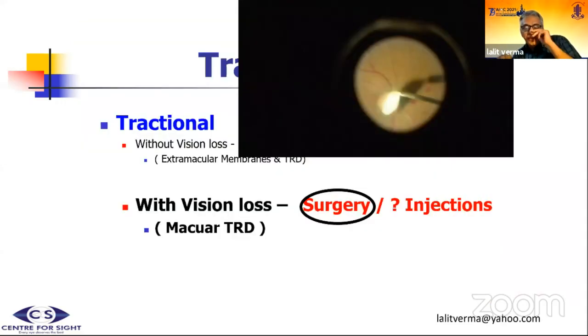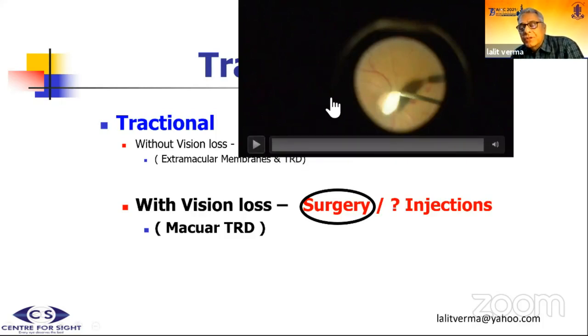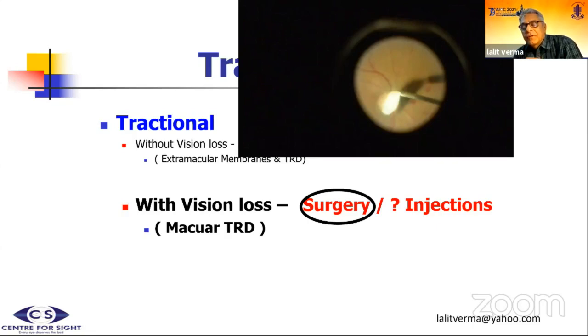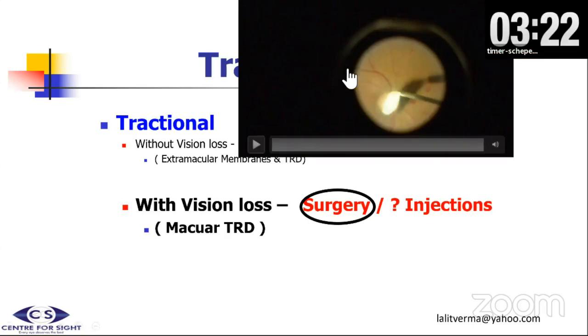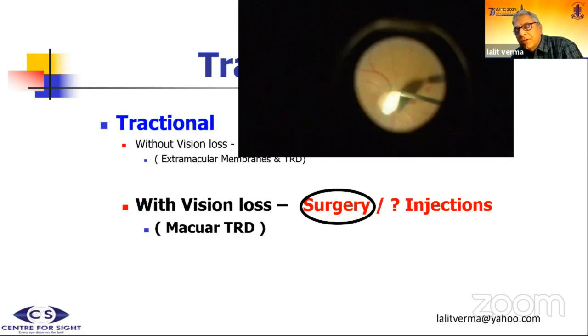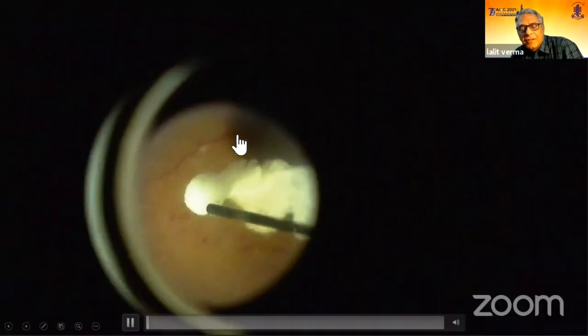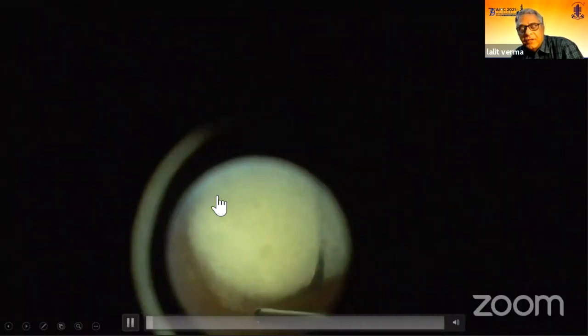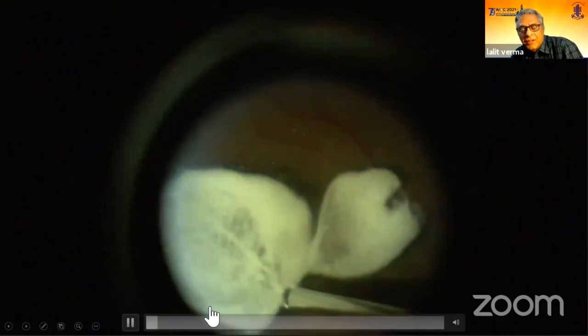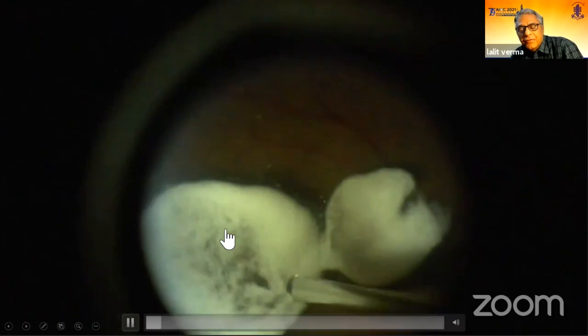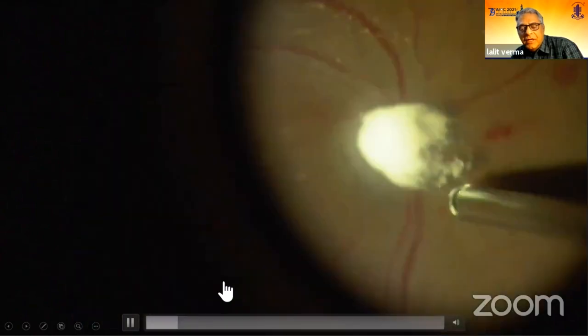So coming to when visual loss is severe because of traction, then you do surgery. And in the beginning also, when we were discussing, that is why I said surgery, because surgery is relatively simpler compared to a surgery in a bad PDR or complication of PDR. This surgery we did in this patient of tractional kind of edema, triamcinolone-assisted vitrectomy. Carefully try to engage the posterior hyaloid and gradually increase the suction from 200 to 400, and gradually the PVD will get induced.